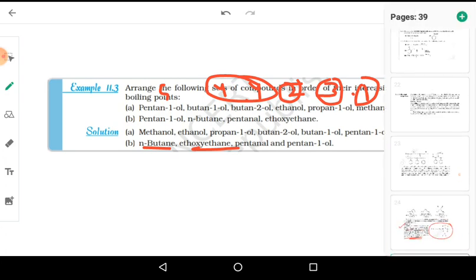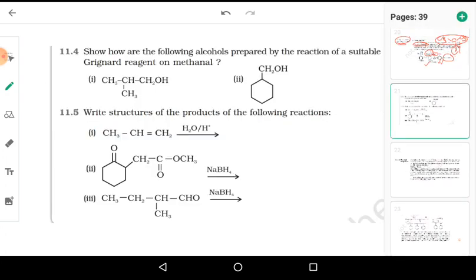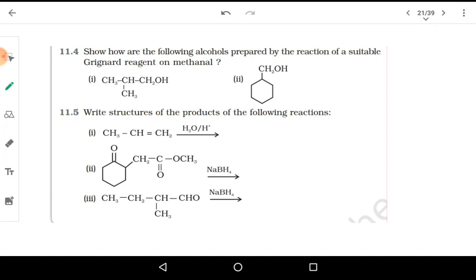So we have another question here. Show how the following alcohols are prepared by the reaction of a suitable Grignard reagent on methanol. Okay, so this much part should be there. We have to keep the RCH2OH group aside because we have methanol, right? Since we have methanol arrived at the complete step, so that it is easy for you to understand, we have